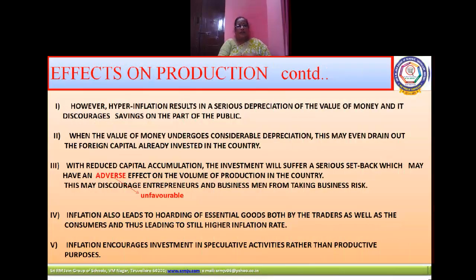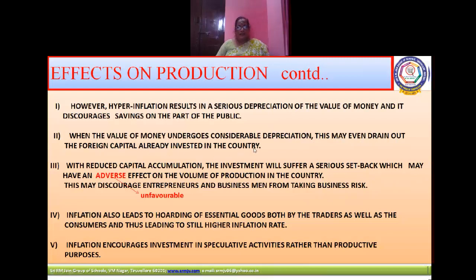Effects in production. Let us go in detail. However, hyperinflation reflects in a serious depreciation of the value of money and it discourages saving on the part of the public. When the value of money undergoes considerable depreciation, this may even drain out the foreign capital already invested